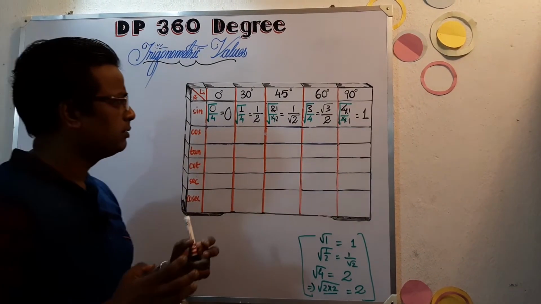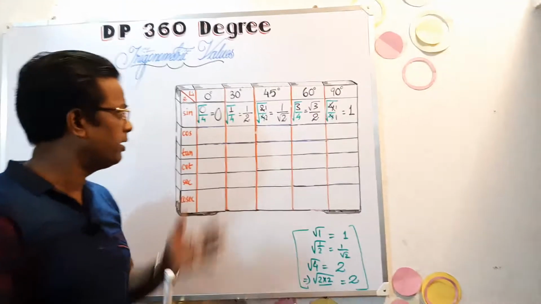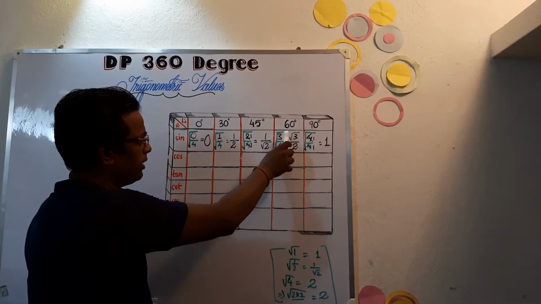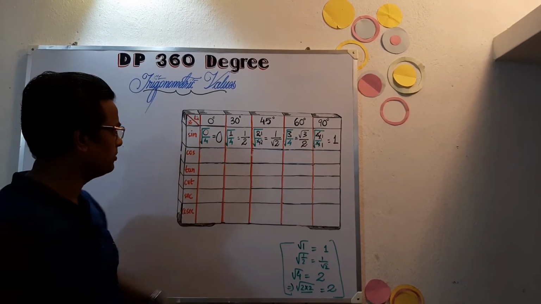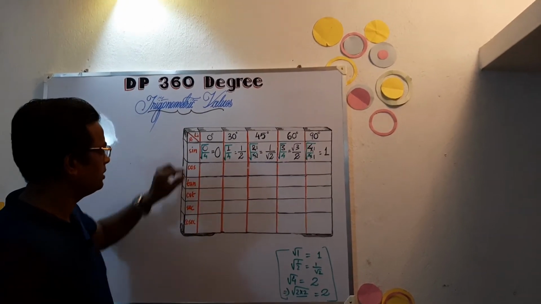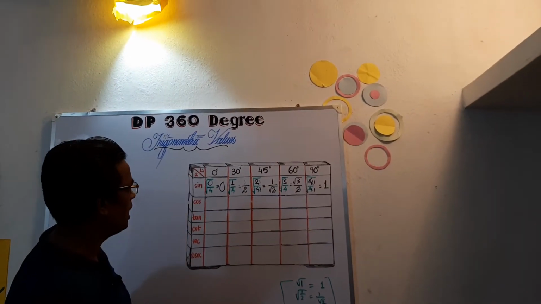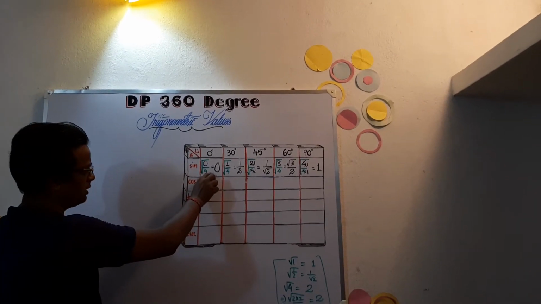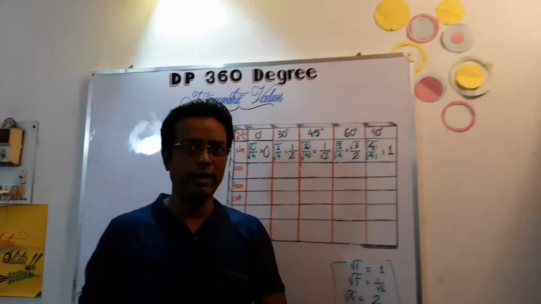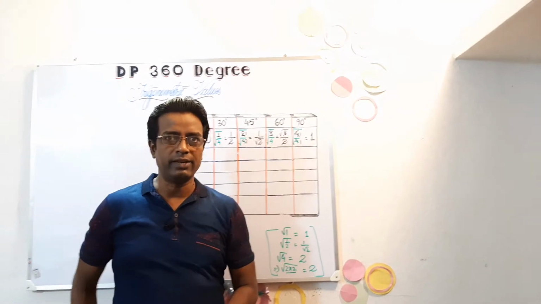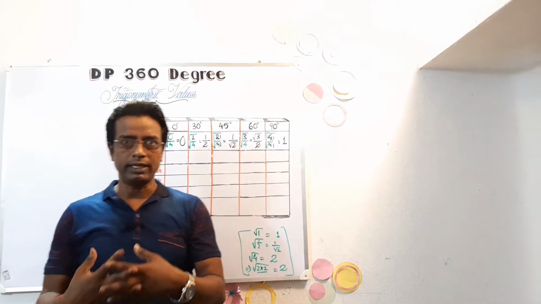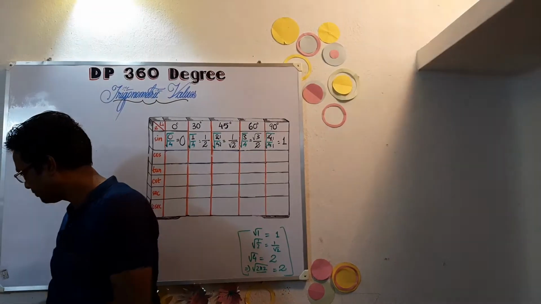Let me repeat the steps. First thing here, I have taken 0, 1, 2, 3, 4. Fill in all the steps, then divide all of them respectively by 4, and then take square root values. You just write the values after that in the respective boxes here. So you get sine 0 is 0. Now once you have found out the values for sine, the rest automatically follows. How easy it is, let me tell you.